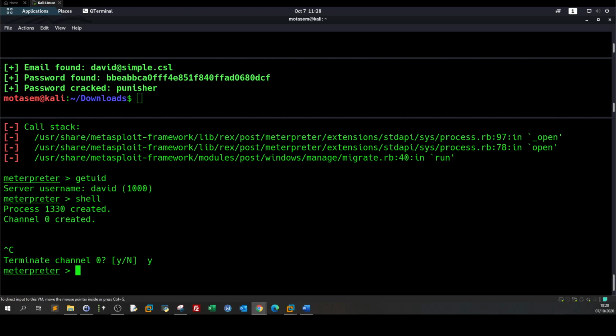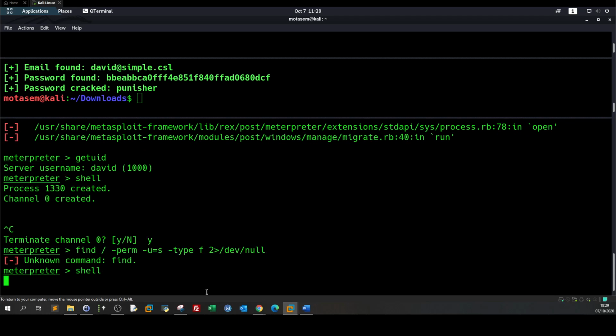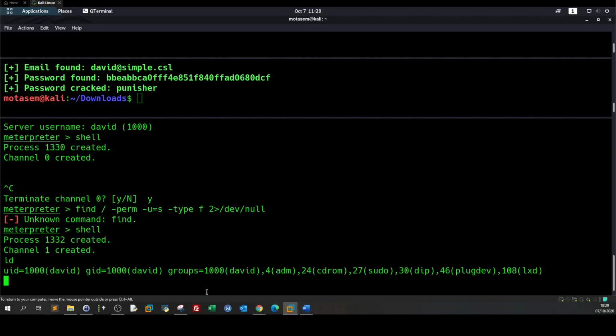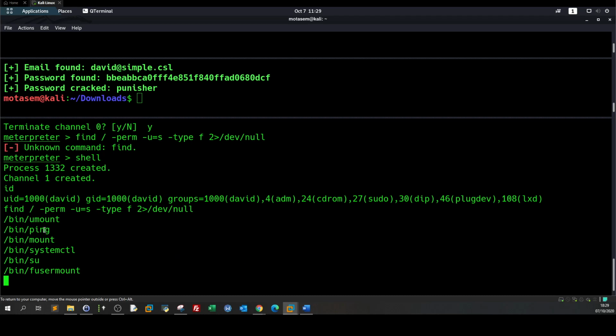All right, now for this lab, we're going to enumerate for the binaries that have the SUID bit set. So for that, we're going to use find with -perm -u=s and -type f. So these are the binaries that have the SUID bit set, and among these binaries we have umount, ping, mount,